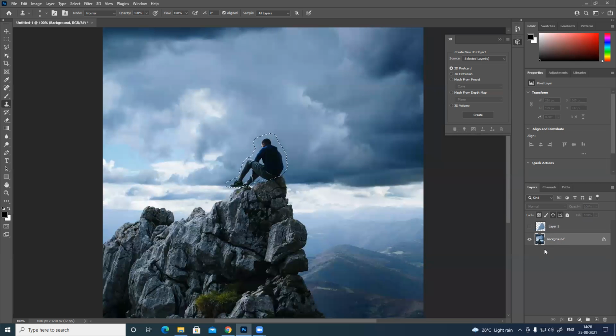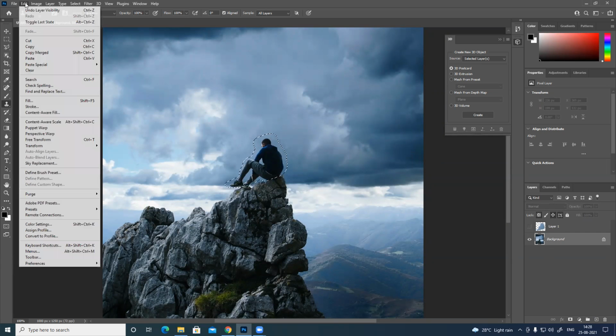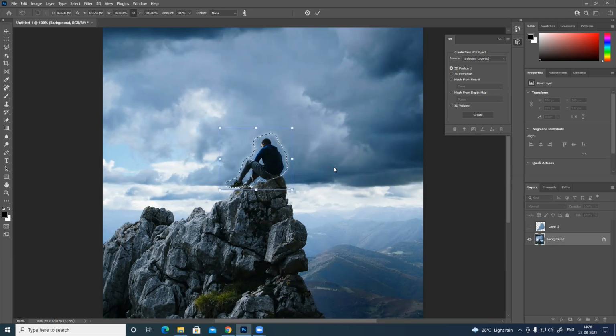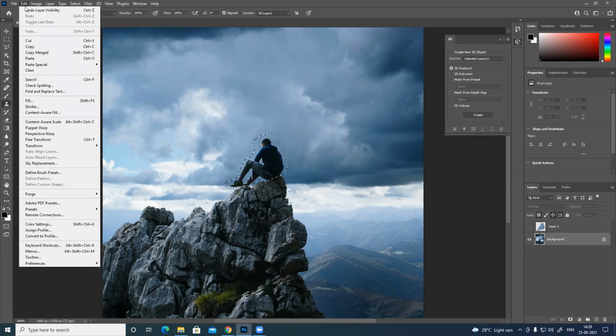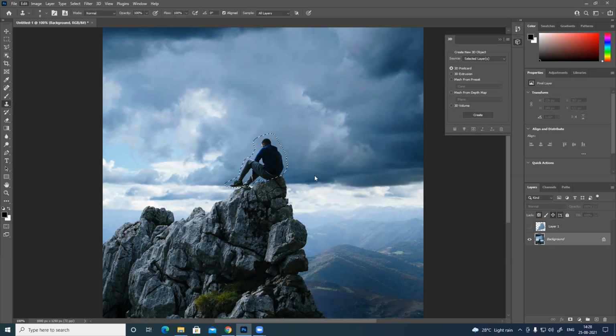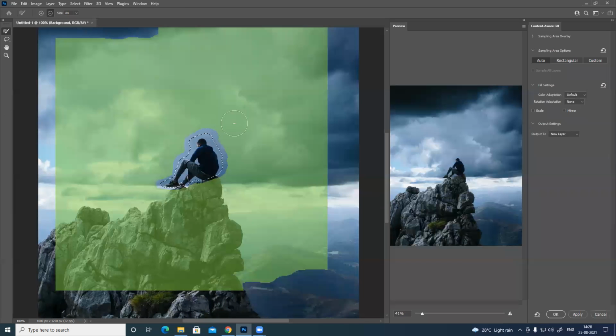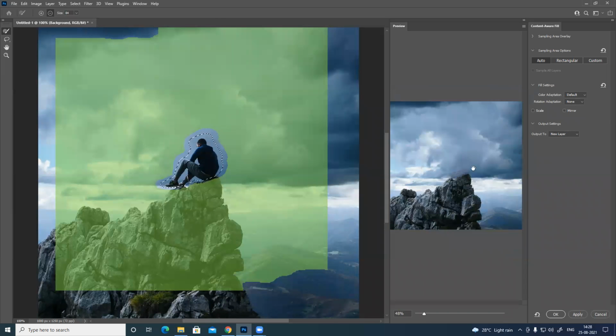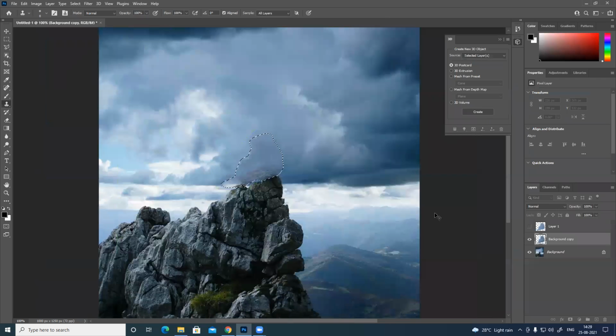Or there's one more technique. I can select this and content aware scale. Click on that. Oh, sorry, not scale. I have to go to fill, content aware fill, this one. So what it does is basically based on the surrounding image and everything, it removes it. See, it's automatic, all automatic. You don't have to do anything. If you're happy with this output, click on apply, okay, and you're done.